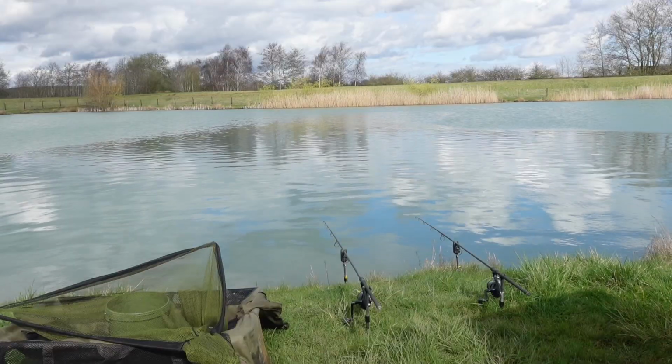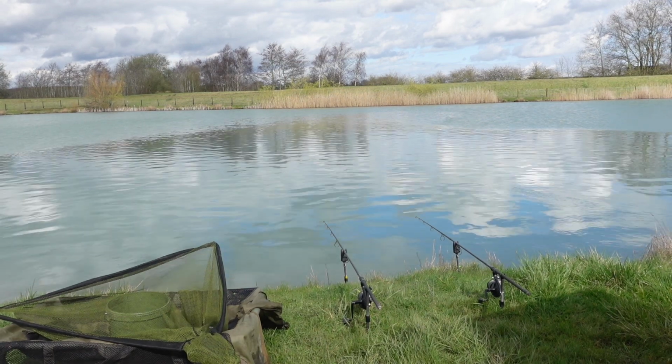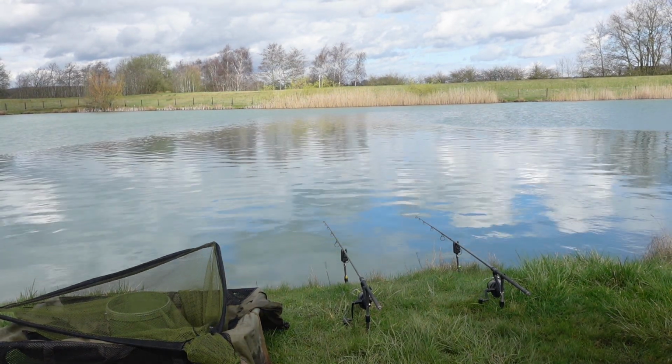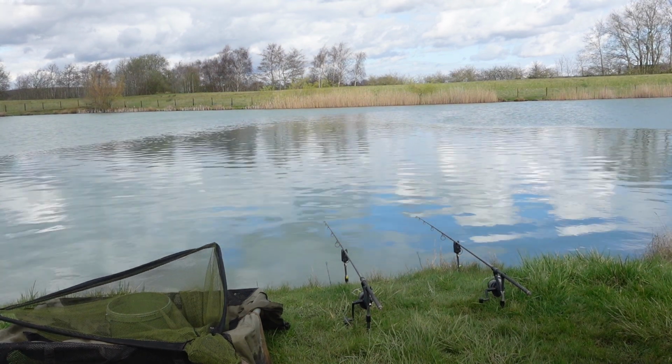Which one will rip off, if any at all? I'm chancing my arm, I suppose, because I could be casting into that wind and maybe getting a few more, but sometimes, as you know from the last time they were out there, but just maybe they're down near my feet. So what I've done is I've put some pellets and some crushed up boilies and a few other boilies